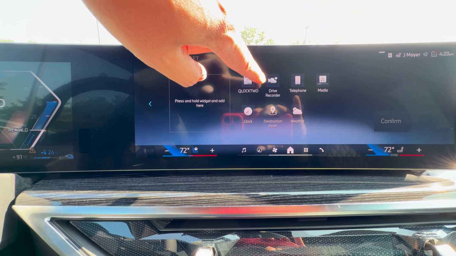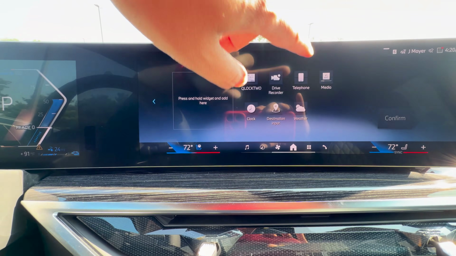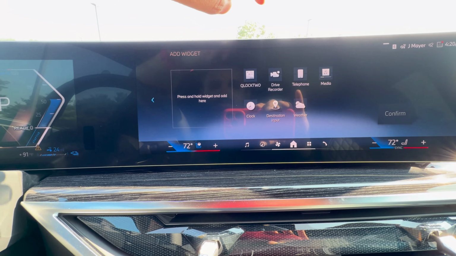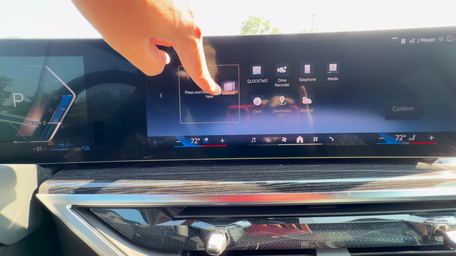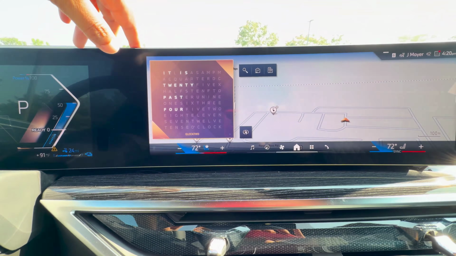Drive recorder, so you can quickly record your drive or record something that you may have seen on the road. Telephone and media is also going to be ones that you can set up. If you see one here that you like and you want to set that up, click and hold it and then just drag it right there and then go ahead and press confirm,